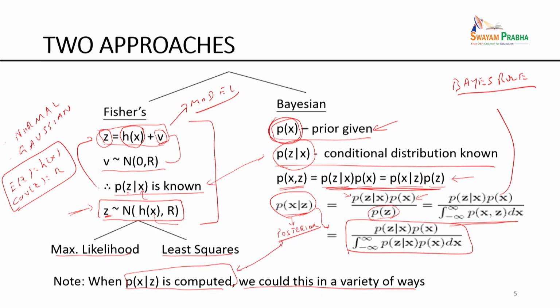So these are the two major competing frameworks for statistical estimation. These are not the only two, but they are primarily the basic methodology. The Bayesian approach needs extra information about the prior. Maximal likelihood or least squares do not require a prior. Both require the conditional distribution, and this is the general setup for statistical estimation, at least to get started.